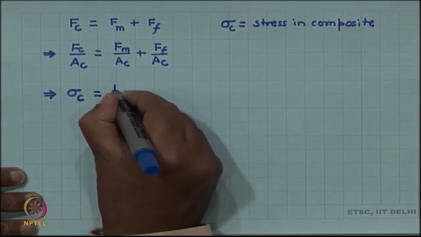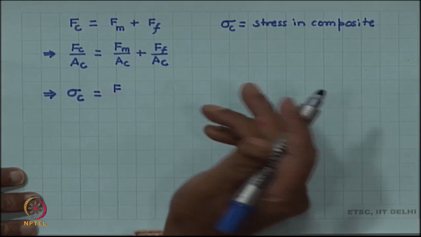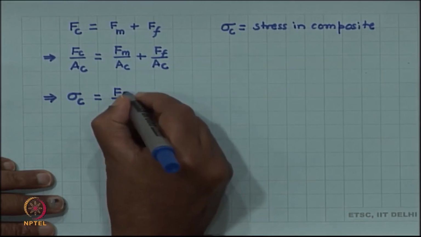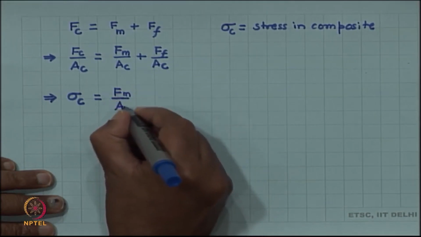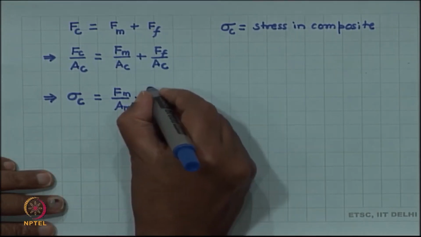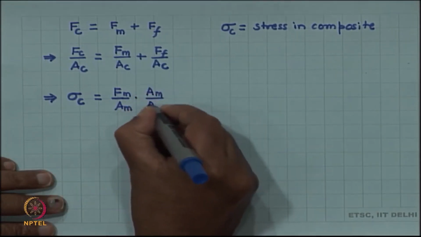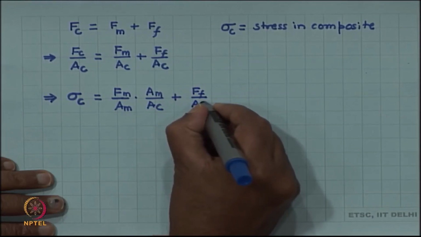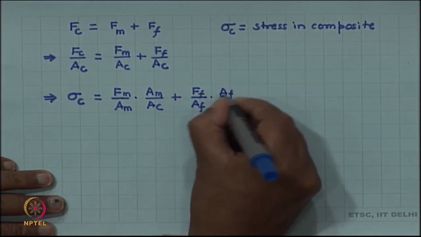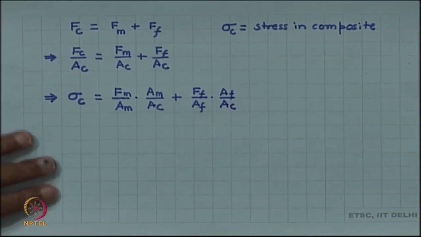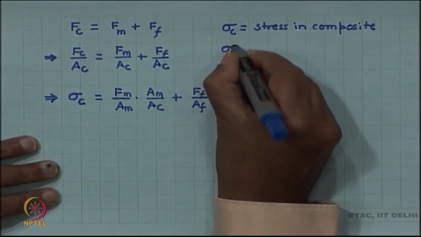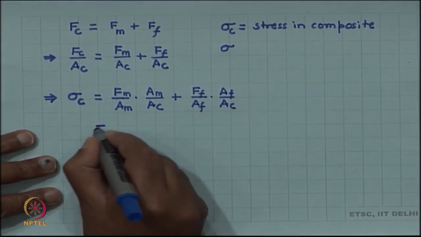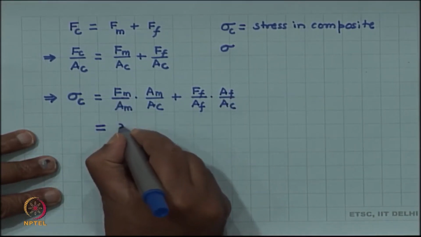So, this will equal to, now F m by A c does not simplify to anything known. So, I write it as F m by A m, which will become the stress in the matrix. So, I have to then multiply it by A m by A c. Similarly, I write this as F f by A f into A f by A c. So, sigma. Now, this can be simplified into F m by A m can be written as sigma m,